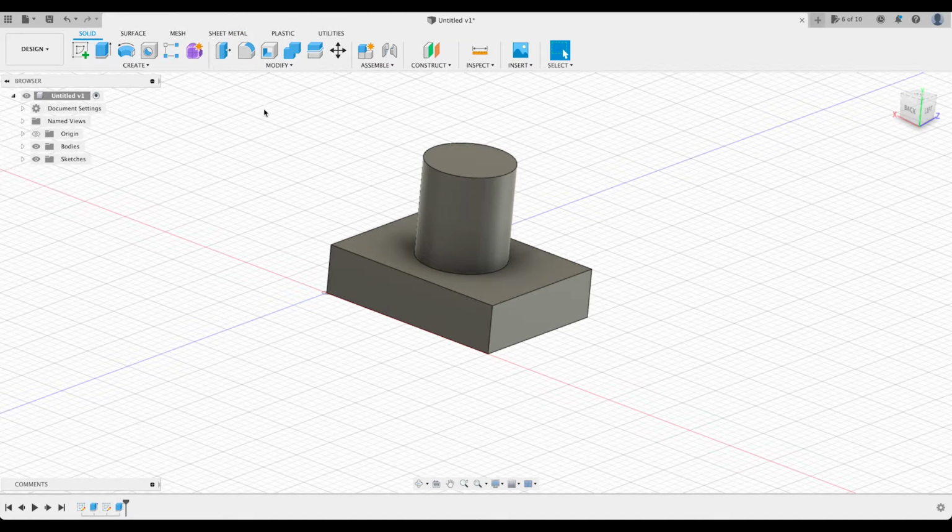And that fillet function, especially if you're using a 3D printer, is a good tool to use to help give strength to your 3D printed models. Filleting just rounds off junctions. So if you imagine a junction between this cylinder and this rectangle, if we filleted that, it would make a much stronger bond. So let's press the F key,